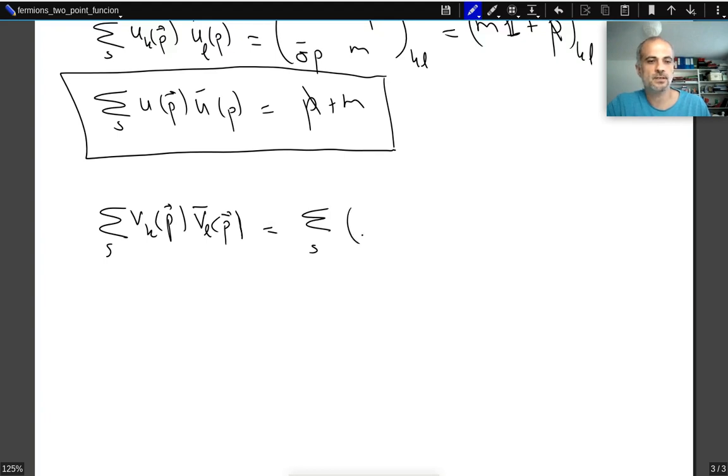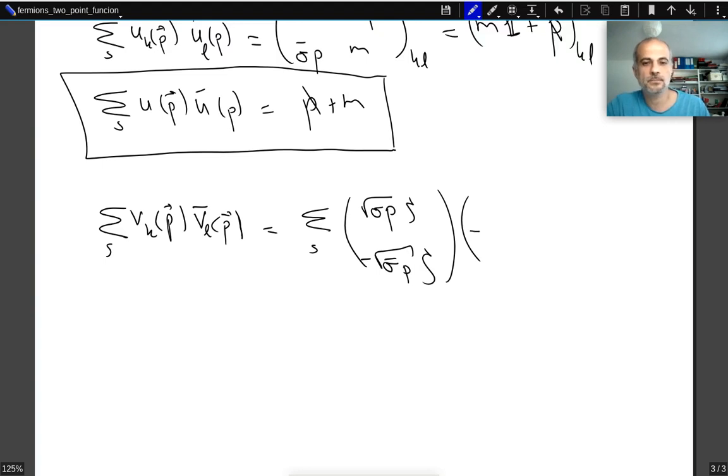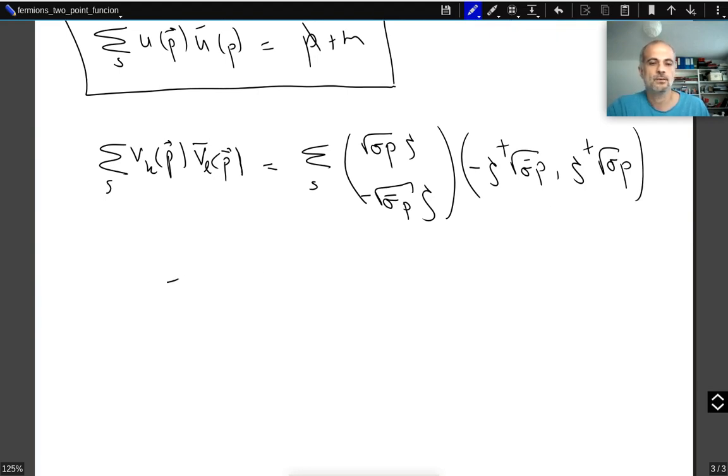sum over S. V is square root of sigma·p psi, minus square root of sigma bar·p psi, and V bar is minus square root of sigma bar·p psi dagger first, and then psi dagger sigma·p, which will give us, again I will just use the fact that psi psi dagger, summed over S gives us the identity, so this becomes minus square root of sigma·p sigma bar·p, and sigma·p